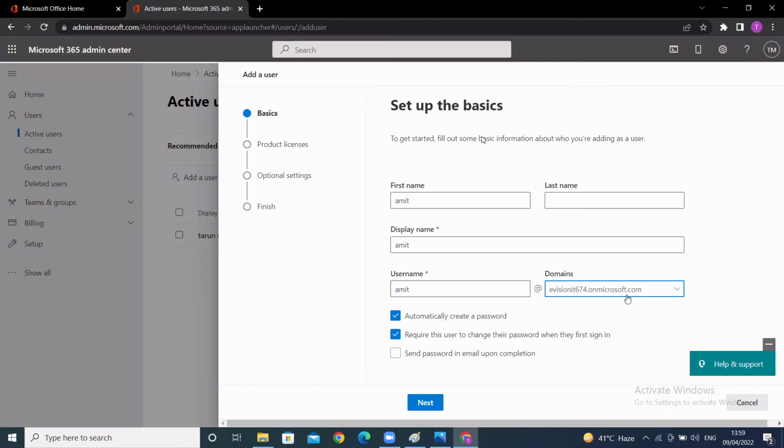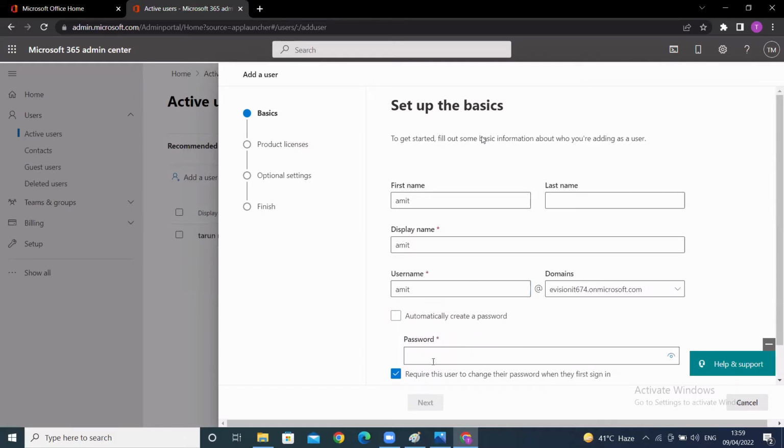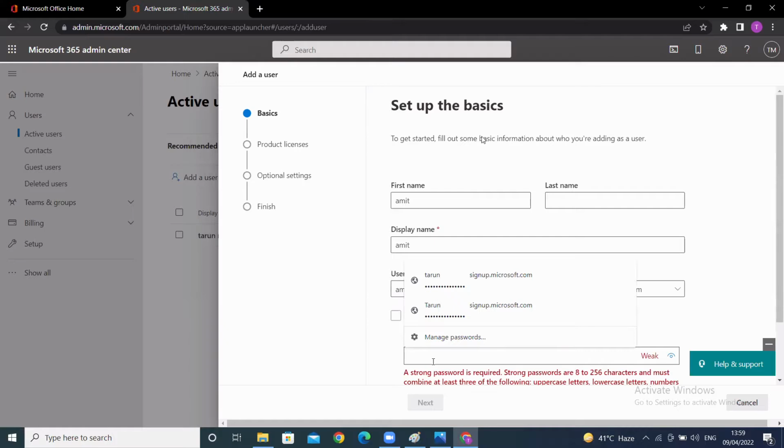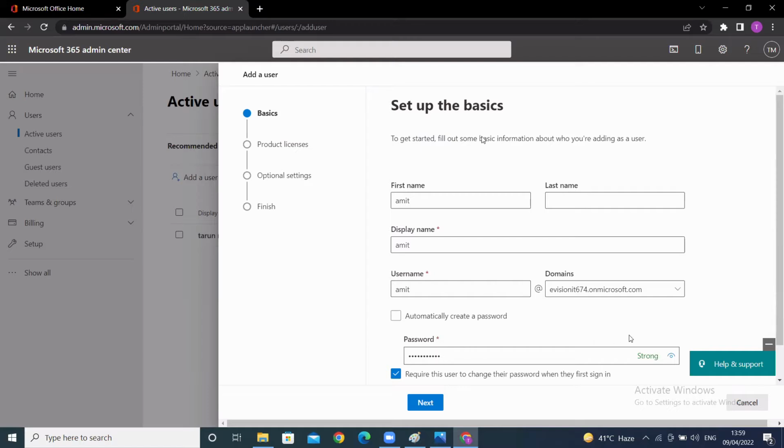Amit@evasion9674.onmicrosoft.com. Okay, then I'm getting an option, automatically get a password. No, I want, as an admin, to manually set a password for Amit. So I will uncheck this one and set a password for Amit, and this password I will give to Amit. Okay, I have given a password, Amit at Outlook